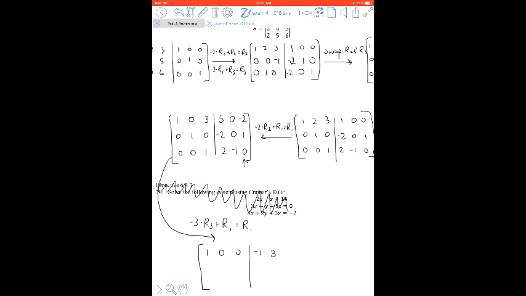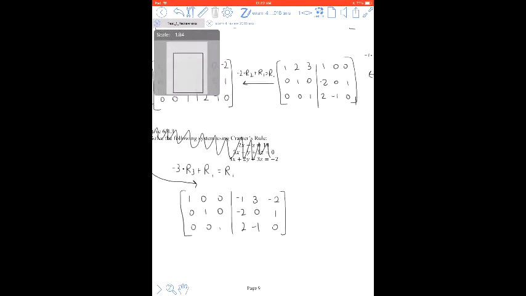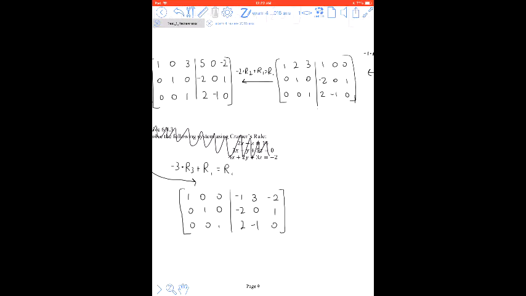And then here, -3 times 0 is 0. 0 plus -2 is -2. And everything else stays the same. So we get the inverse from this side of the matrix now. The inverse of A